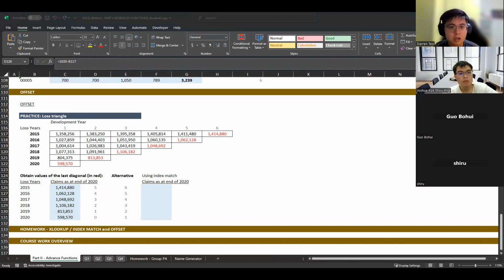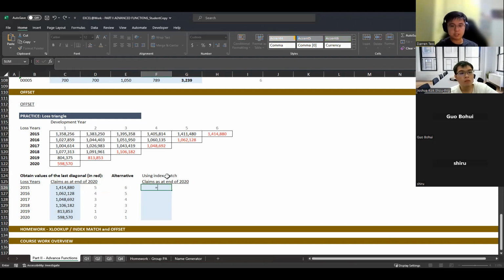Okay, so I can also use my favorite, index match. So how can I do this? First I will do index. What's my array? My array is essentially C1172 to H1172.